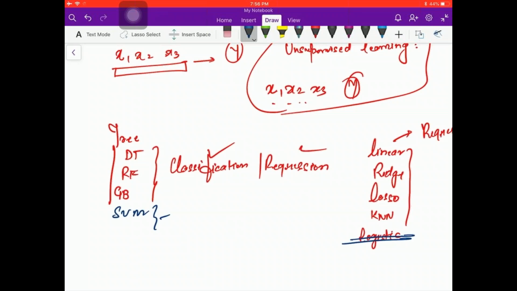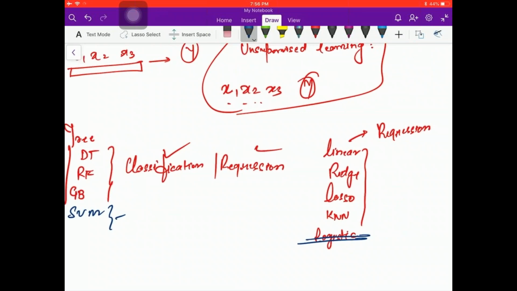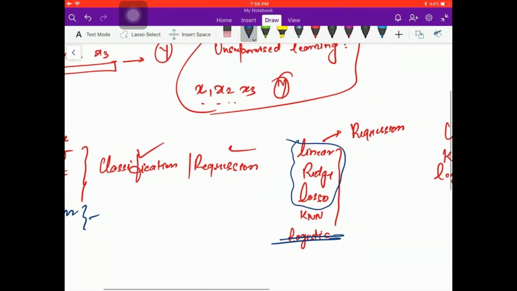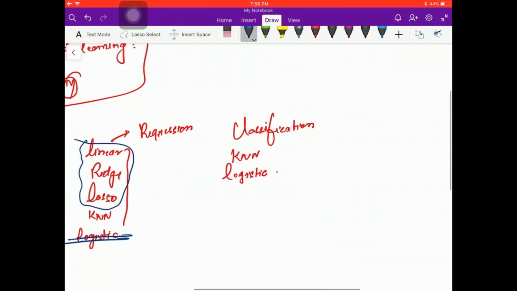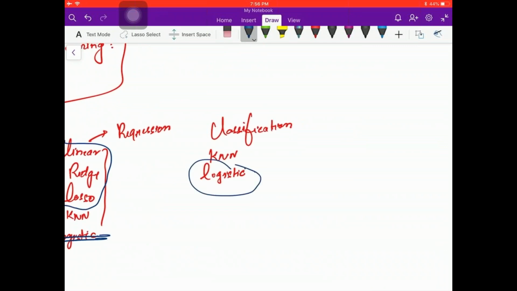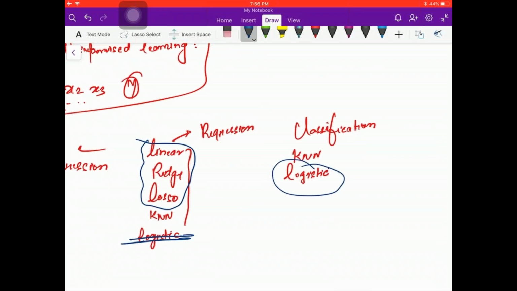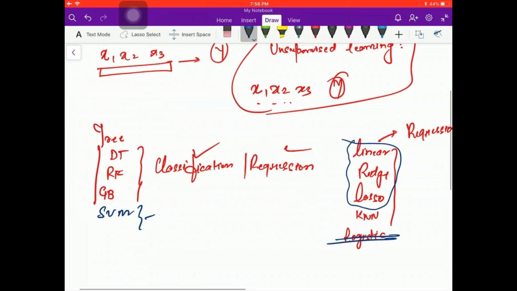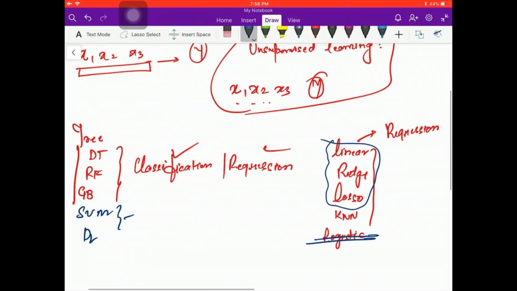Think like this: the more advanced your models become, the more ambidextrous they become, meaning they can do both. The older models, linear regression, ridge, lasso, are very old models, and we also learned that in the beginning, so they could only handle one at a time. Ridge regression could handle only regression. Logistic can handle only classification. From KNN, things become simpler. KNN can handle both. All these will handle both. Deep learning can handle both.